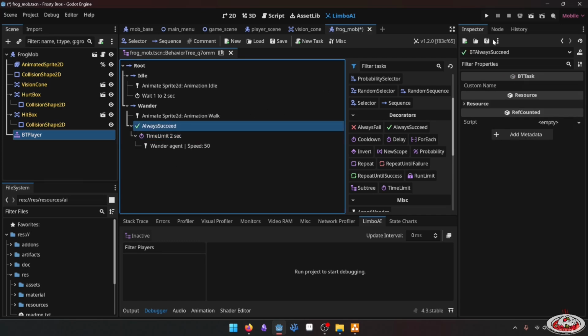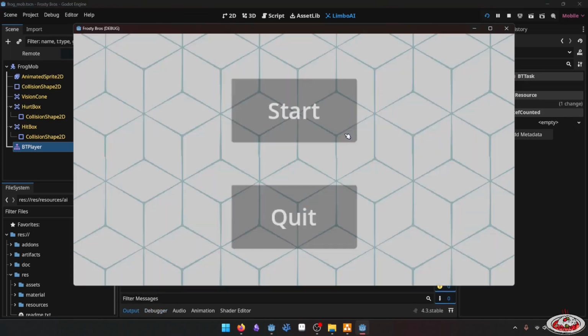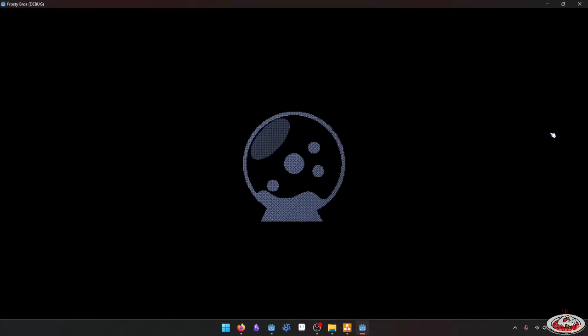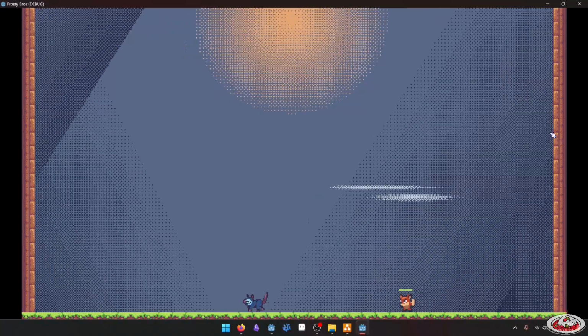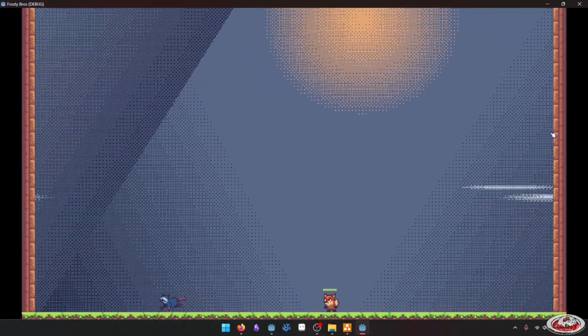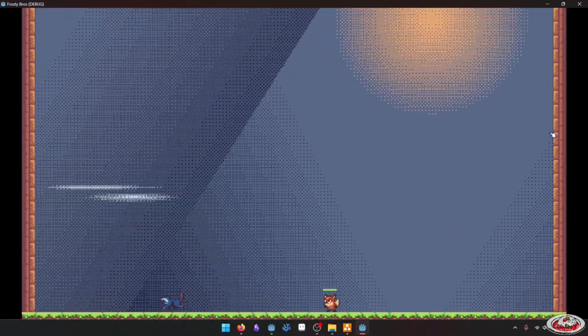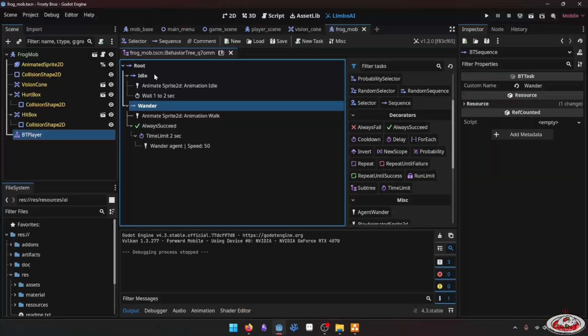Great. What does it look like now? There you go. So the character is moonwalking in a random direction every time. It's idle, moonwalk. We do have a very basic behavioral tree right now,